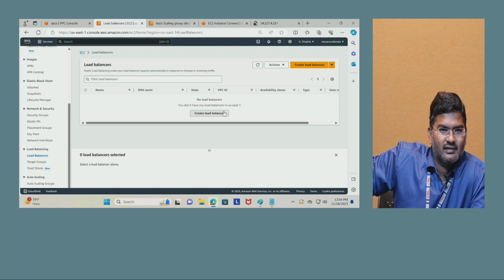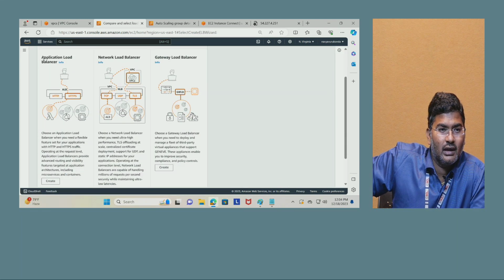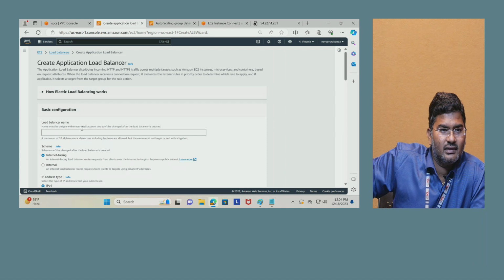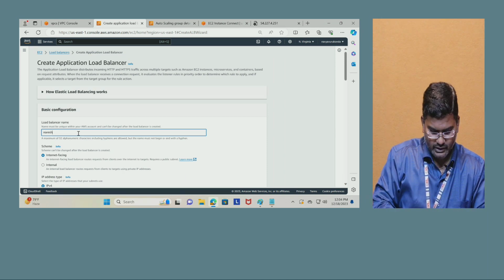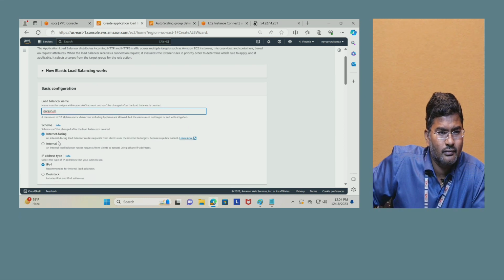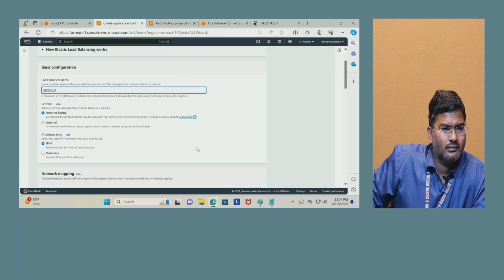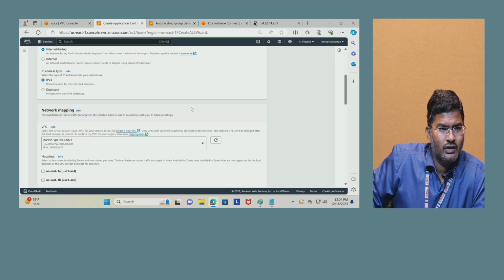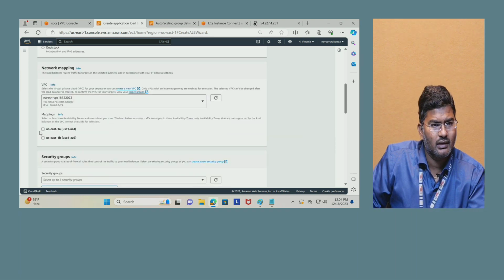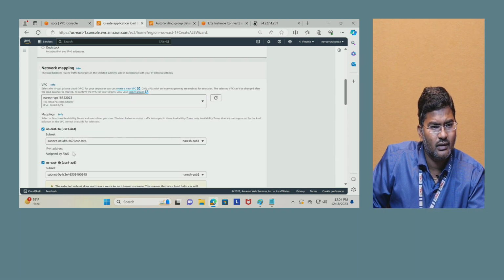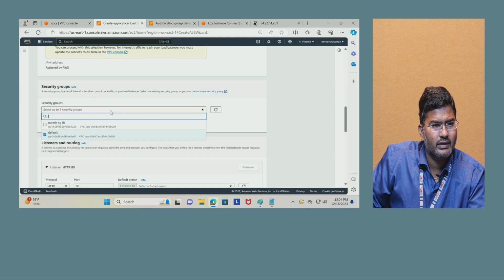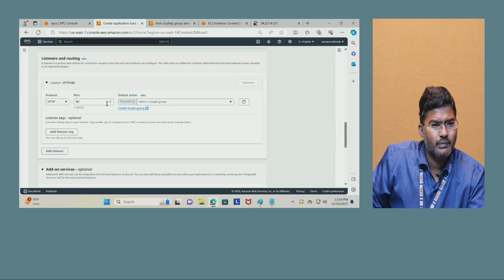So I will go to the load balancer, click on load balancer. I am going with the application load balancer. Create an application load balancer. Just type Naresh load balancer LB. You can use internet facing, and select Naresh VPC, because we did everything in Naresh VPC only, and you can select all these. Security group, instead of default go with Naresh SG and remove default. HTTP would be there,